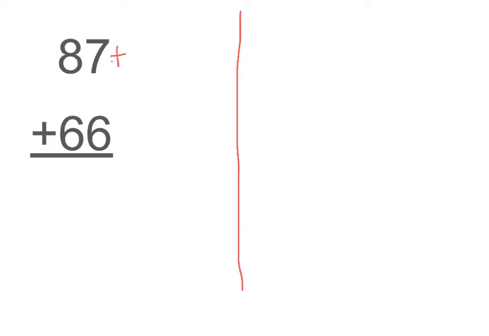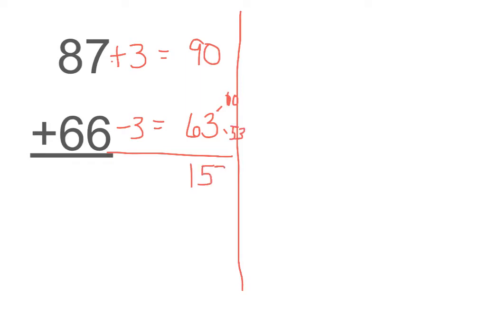ways. So first we'll add 3 and we'll subtract 3. 87 plus 3 equals 90. 66 minus 3 equals 63. You might need to do a little break apart in your head. That's a 10. So that you can add that to get 153. Or you might want to go to the next 100 by adding the partner to 100, which is 13,